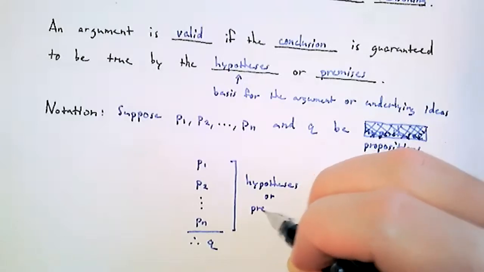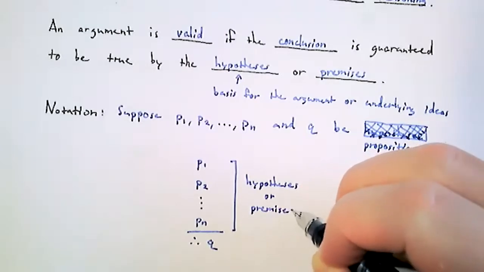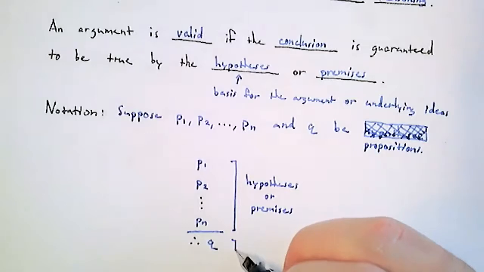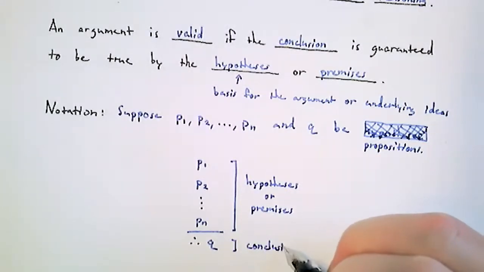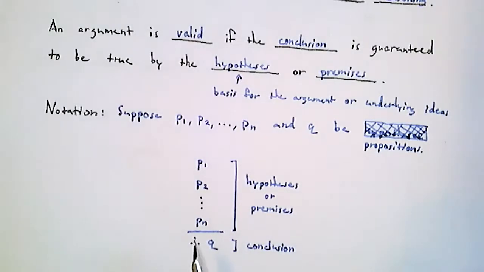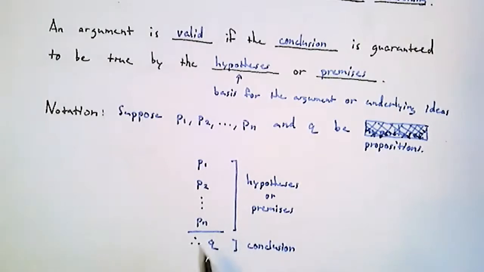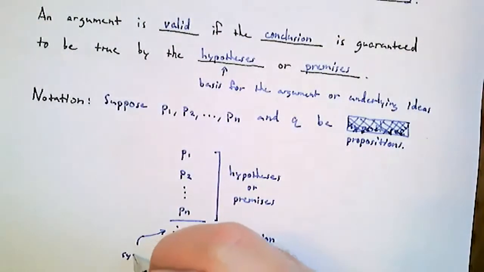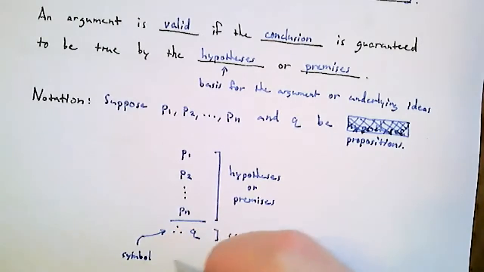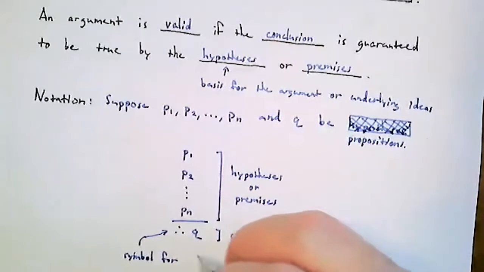Or premises. Both of these words mean the same thing. And Q here is your conclusion. And the symbol, the 3 dots arranged in a triangle, is standing in for the word therefore. So this is the symbol for the word therefore